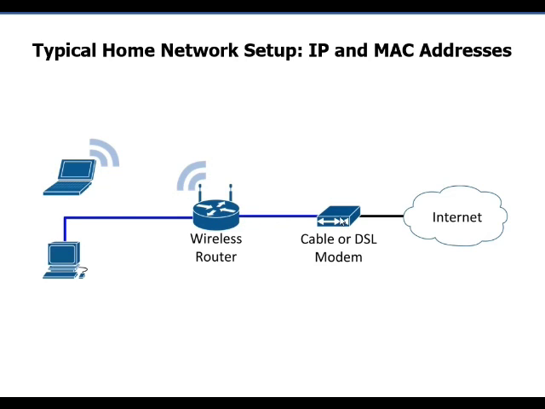Except this time, instead of using wireless Ethernet like we did from the laptop to the router, now we're going to put it in a different frame for wired Ethernet, which will then send it from the router to the cable modem. The cable modem will then take the packet out of the wired Ethernet frame. It will then put it into a new frame, which is called a DOCSIS frame. And that DOCSIS frame then can be sent from the cable modem out to the internet, to your internet service